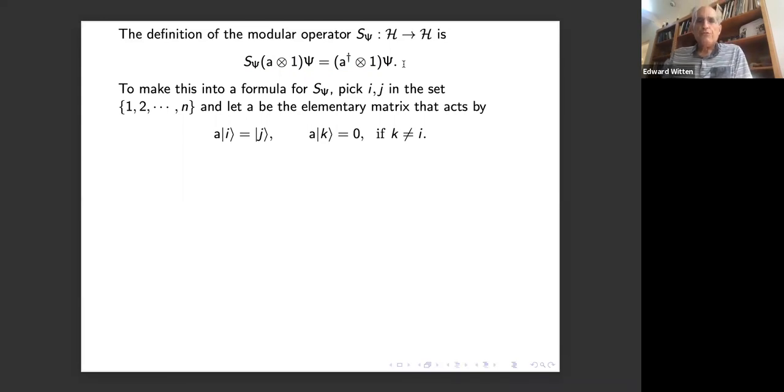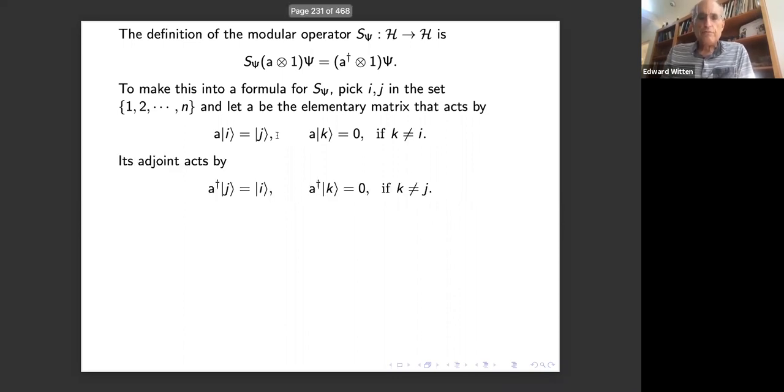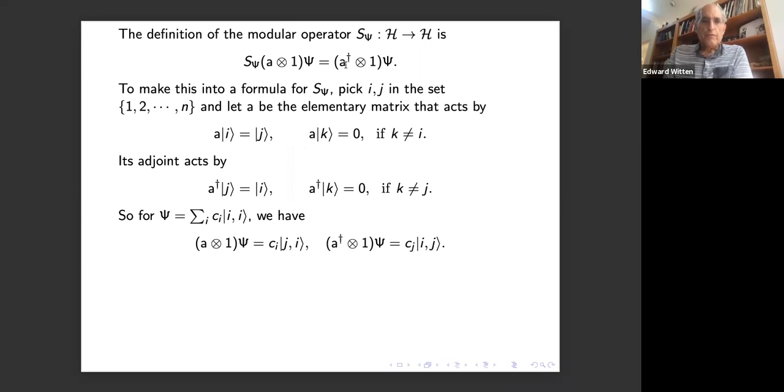And to make it into a concrete formula, pick any elements i and j in the set that labels the basis vectors. Any A is a linear combination of elementary matrices that map vector i to vector j and annihilate the other vectors. So if we know what S psi does on all states of this kind, we'll know what it does on all states. So if A does this, then A dagger maps j to i and annihilates the others. So if psi is a linear combination,